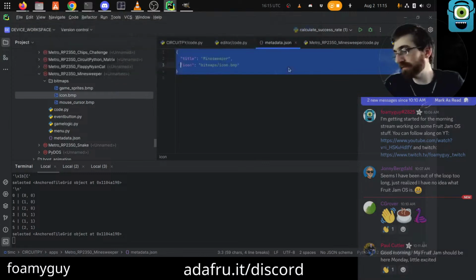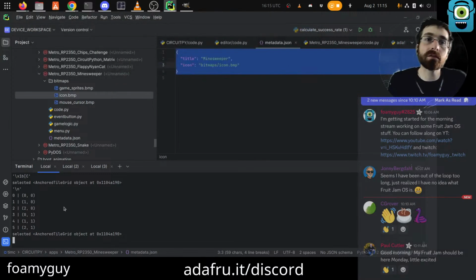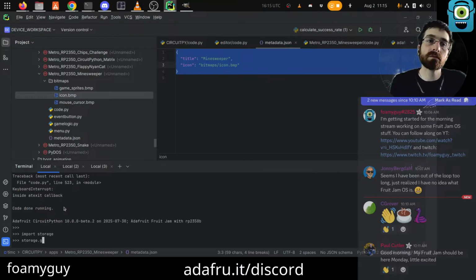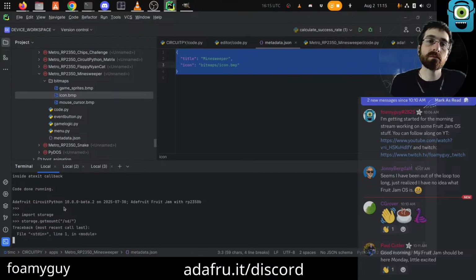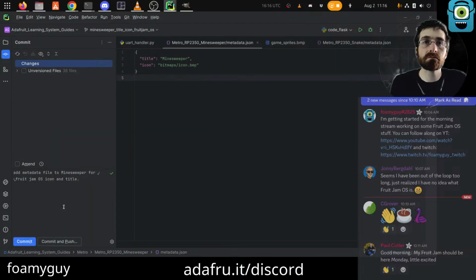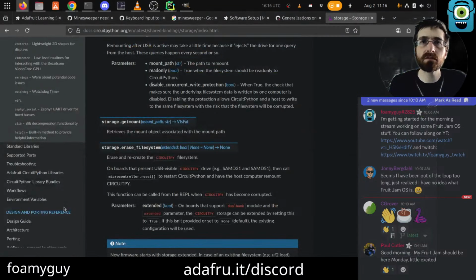Right now I have no SD card plugged in. Sure. Valid argument. Valid argument. Didn't that say string? Mount path string. Invalid.